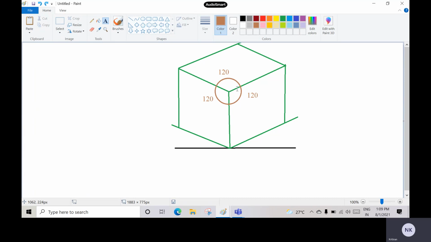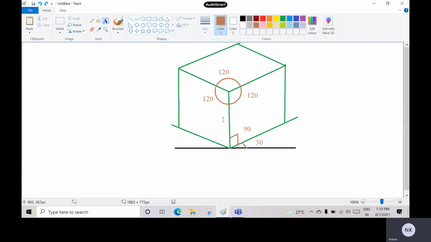Now if you consider the base, as you know, the cube's edges are exactly perpendicular to each other. These corners are perpendicular to each other, yes or no? Now if you consider the angle between these two edges, it will be 90 degrees. Now, the angle between this horizontal line and the edge of the box: the total angle will be 180, here it will be 90, and here it will be 30 degrees. The angle here is 30.